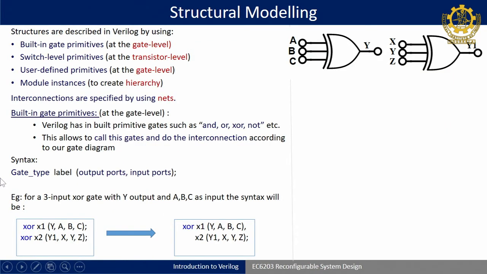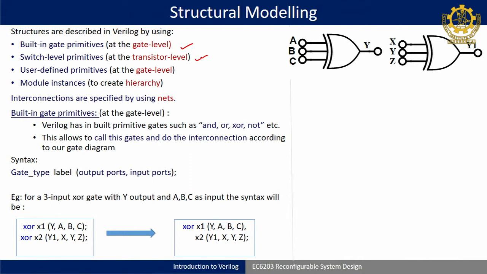Today, coming to structural modeling. Out of these three modeling styles, behavioral and data flow we have discussed. Today we will discuss structural modeling, followed by the mix of everything, called mixed design type modeling. Structural modeling is classified into 4 types. One is called built-in primitive gates. As the name suggests, it will model a gate level design. The same full adder you have done using a continuous assignment statement can be done by using a gate level primitive model.